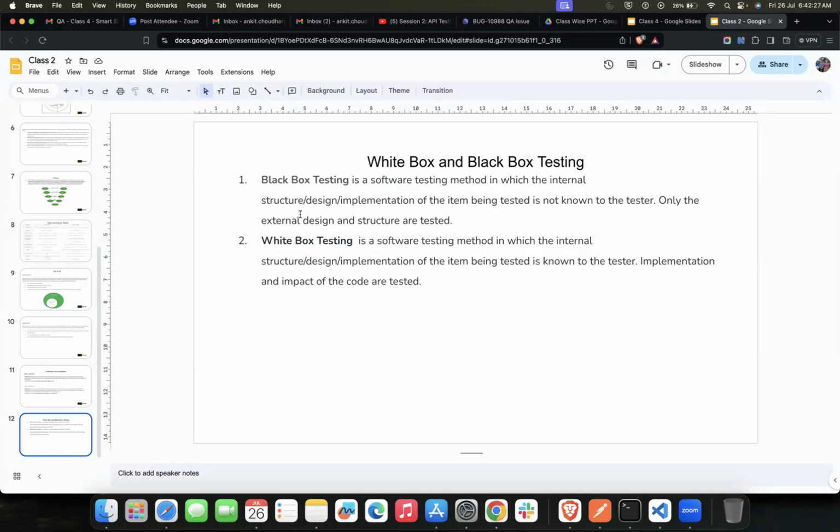Just before proceeding further, can you give me an example of black box testing? Raj, you can start. Give an example of black box testing if you can. Black box testing means without the source code, just the front-end testing, I think so.